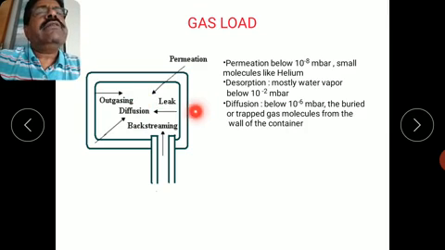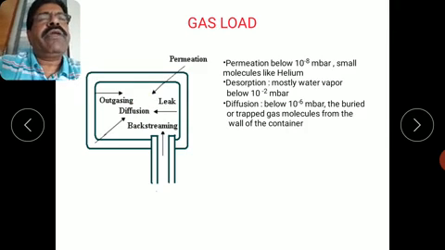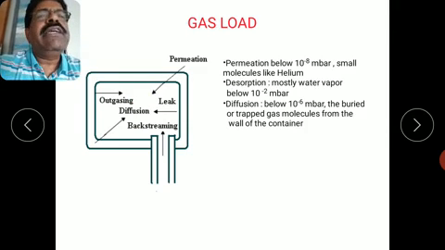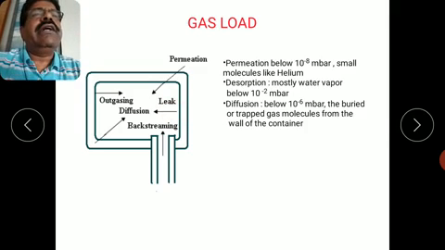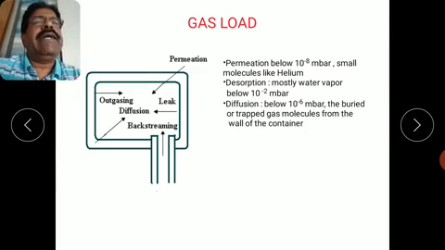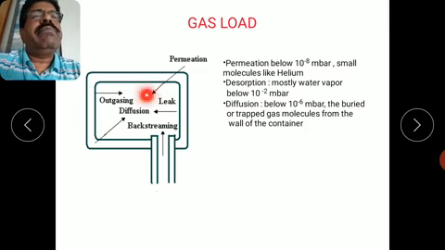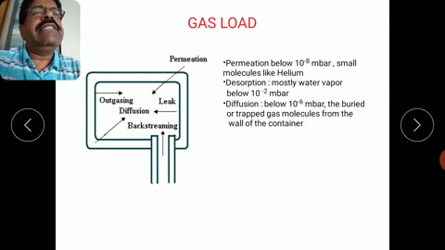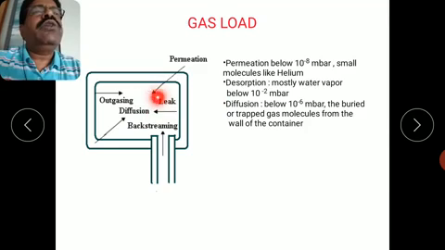Then there are some physical leakages in a chamber. A leak means there may be some flaw while manufacturing the container or chamber itself, maybe cracks or holes, which are not normally active at simple atmospheric pressure initially. But as the pressure decreases, these leaks become active and gas molecules from outside the chamber will enter into the chamber. So that is also an addition to the gas load.